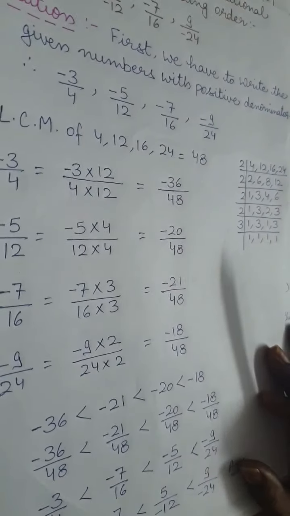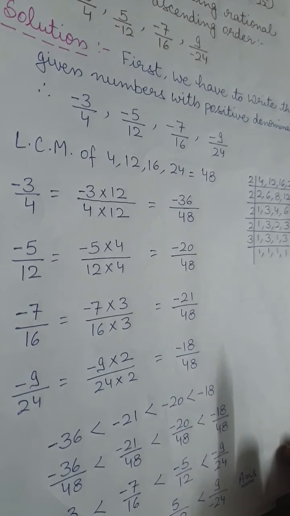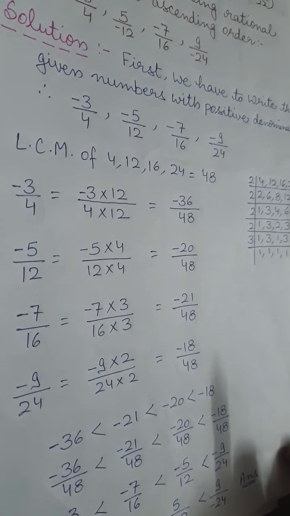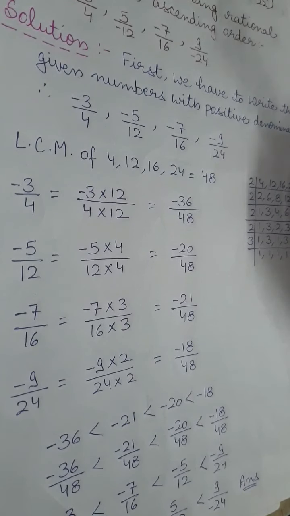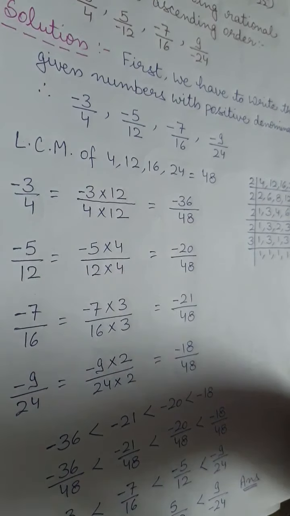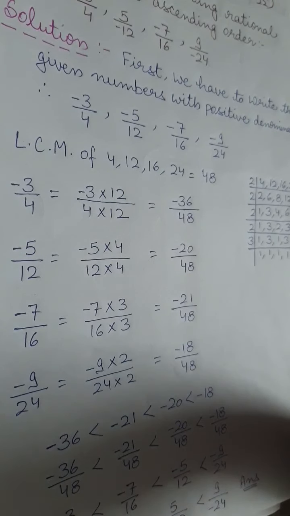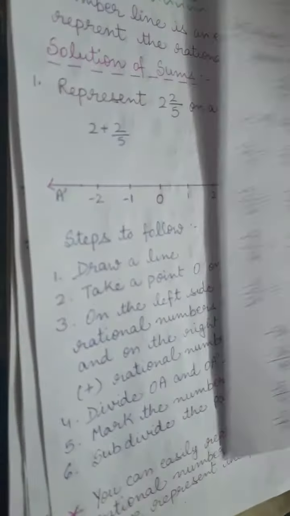You can solve the other question related to descending orders also in the same way. By following the same method, you can arrange any of the rational numbers in the descending order. Fine. Only what you have to remember, that in descending order we arrange the numbers in the decreasing order. Decreasing order means the greatest number should be placed first. जो सबसे बड़ा नंबर है हम उसको सबसे पहले लिखेंगे. ठीक है. So now you are able to do the complete exercise, that is second A. I am showing you your book.